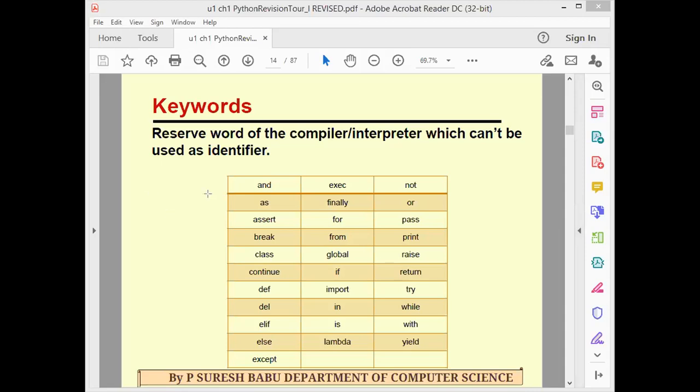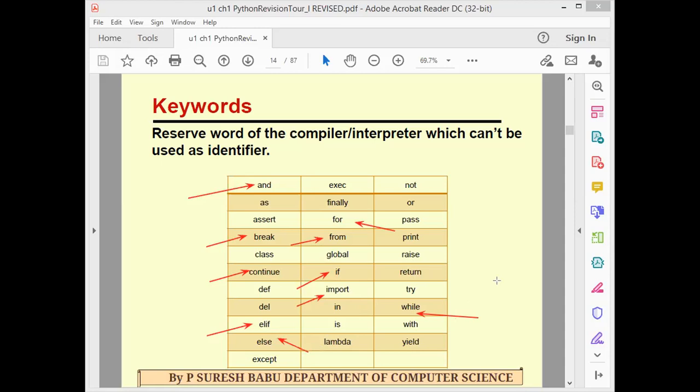You can remember any keywords, but for the exam, you should write at least five examples. We use these keywords every time. Don't forget: and, keyword, from, break, continue, if, elif. The import statement that we used in the last chapter, SQL, import mysql.connector. Remember. Then while, for. We used these a lot of times, so don't forget. At least you have to write four keywords.